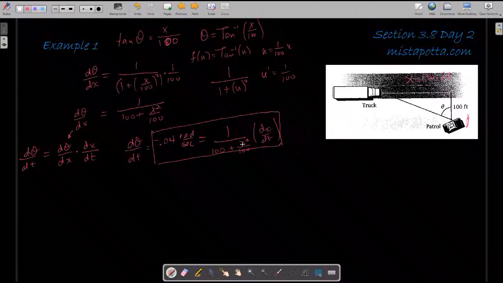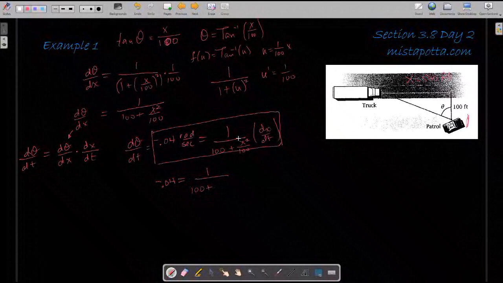So if I take 500 squared divided by 100, I'm going to get this. I have negative 0.04 radians per second is equal to 1 over 100 plus, well, I know that 5 squared is 25, so 500 squared should be 250,000. But if I lose 2 of those zeros, I'm going to have 2,500